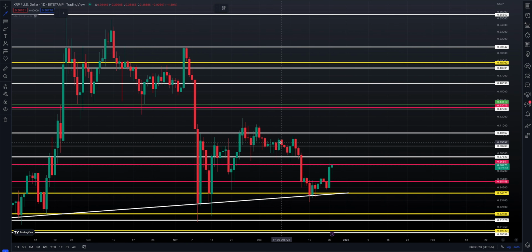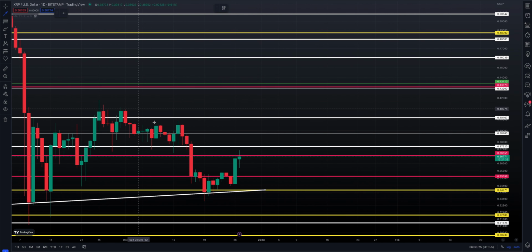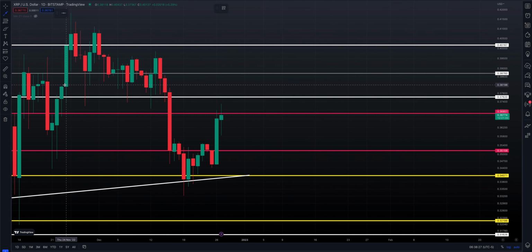So if we zoom in here on the chart, by the way, this is a daily chart of XRP. Yesterday, very nice day. We closed up 5.95%, almost a 6% day for XRP. We were higher at some point, but we closed below resistance. Pretty wide range today as well. Looks like we hit a high of 37, a low of 35, and currently trading at